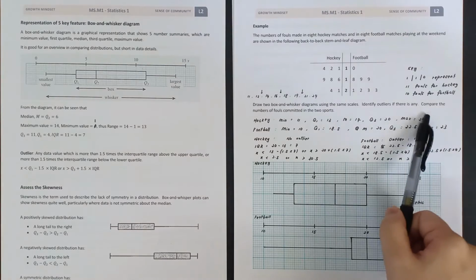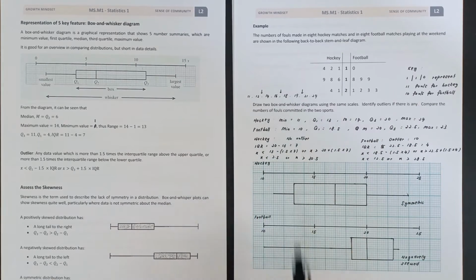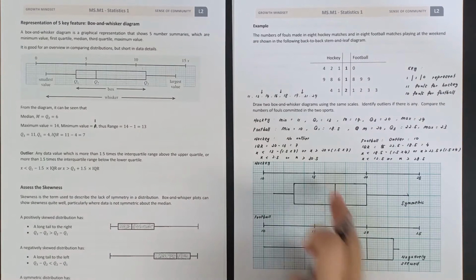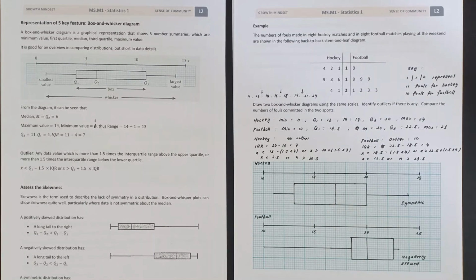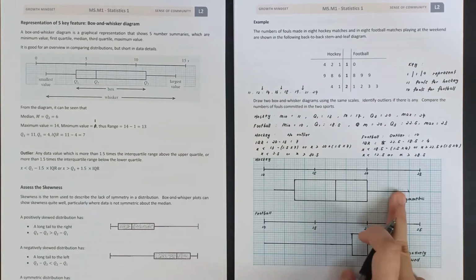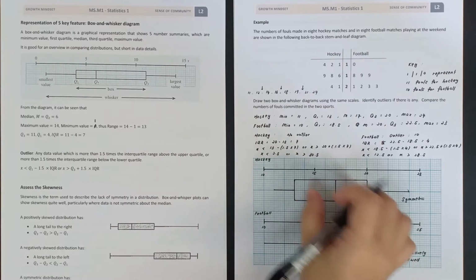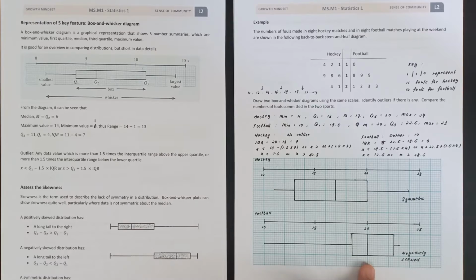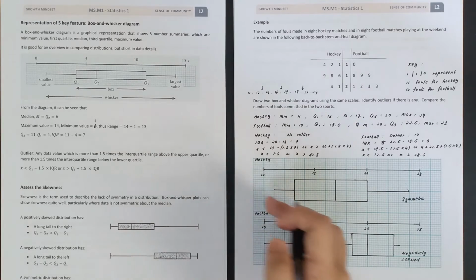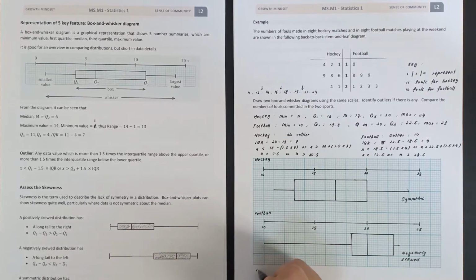Okay, then last one, compare the number of fouls committed in the two sports. When you look at these two, we talk about two things here, the average and the spread itself. So we start from the average first. When you compare the distribution for hockey and the distribution for football, on average, which one has more fouls? You can see that football actually commits more fouls than hockey. So you can say that on average,